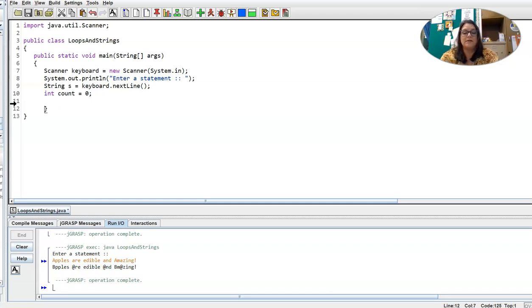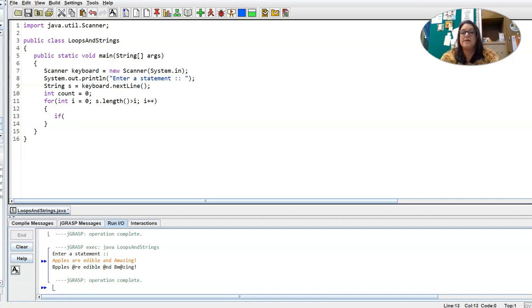And then instead of a while loop, let's do a for loop this time. So for int I, we'll use I for index, starting at 0. And we'll go to the length of our message. So we want s.length to be greater than the index I. And then we'll increment our I to go to the next index. And then in the body of our for loop,